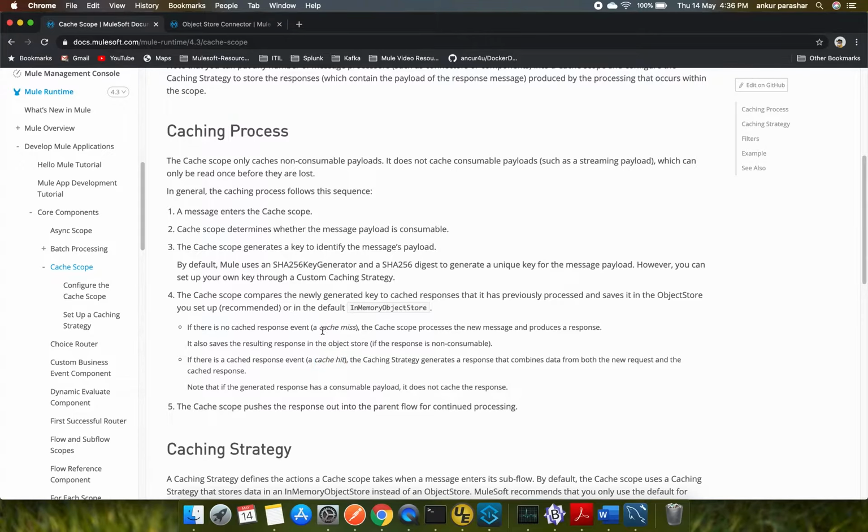Otherwise, if it is a fresh hit to the end system, then it is called a cache miss. The cache scope pushes the response out into the parent flow for continued processing. So as soon as the cache scope gets over, the rest of the main flow gets executed.